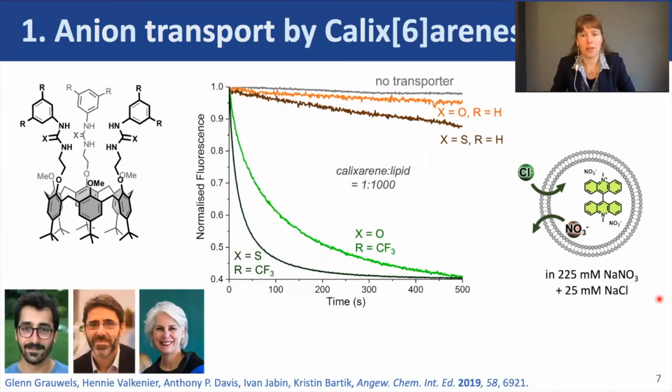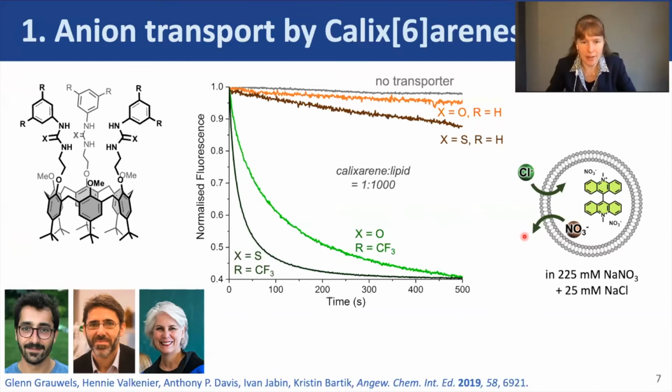Okay, this brings me to the first example, the anion transport by Calix 6 arenes. Most of this experimental work has been done by PhD student Glenn Grauwels, well, now a doctor, Glenn Grauwels, in close collaboration with my direct colleague Yvan Jabin and Christine Bartik. So Glenn studied a series of 4 Calix arenes with urea or thiourea groups in this lucigenin assay that I